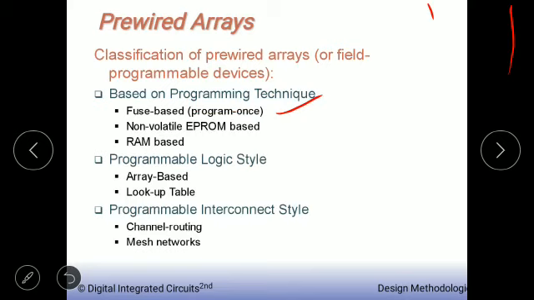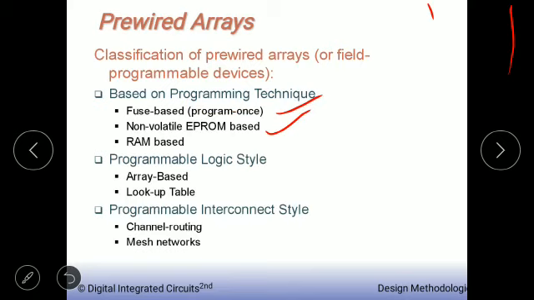Next, let me go through the second type, that is non-volatile or EEPROM based FPGA. In a non-volatile FPGA, also called an EEPROM based FPGA, the program is stored in a non-volatile memory. Non-volatile means not volatile. That means even if you remove the power, the program which has been stored inside the memory will not get erased.